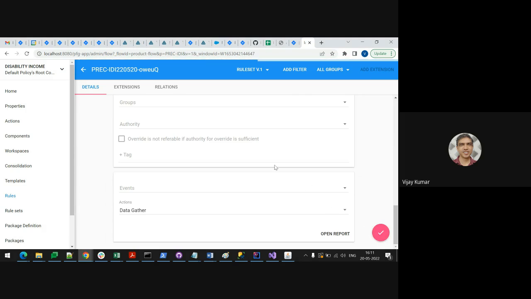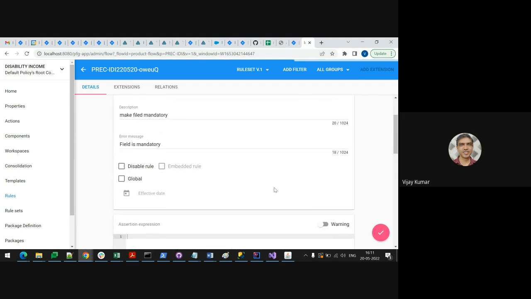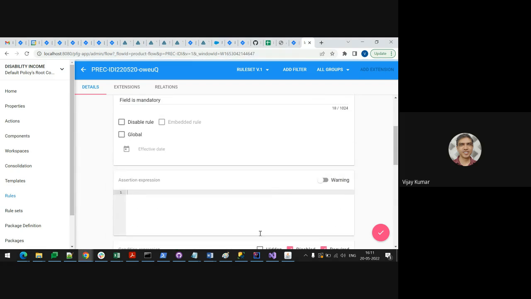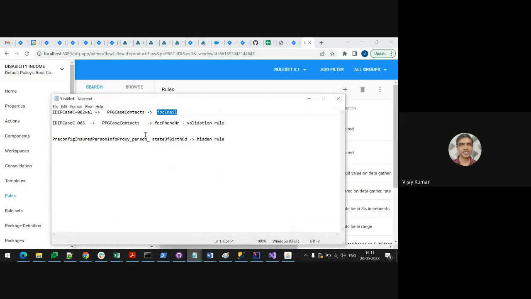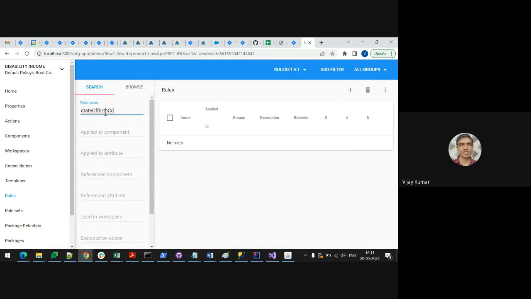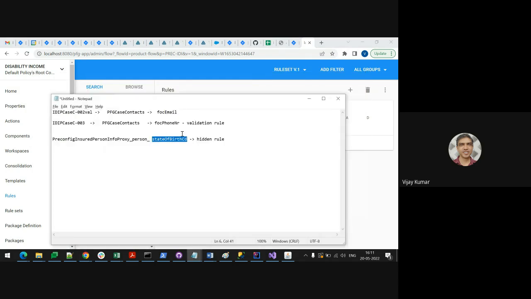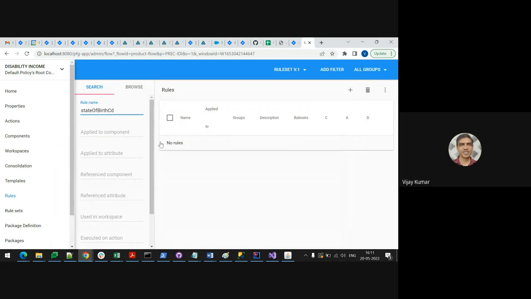And actually I want to show you this thing also, right? Assertion expression, how they have written the assertion expression. Let me talk a little more about this one also. State of birth code, let me show you this rule also before we go out of the screen. State of birth code, there is no rule written, so they have used some other way to make it hidden. State of birth,